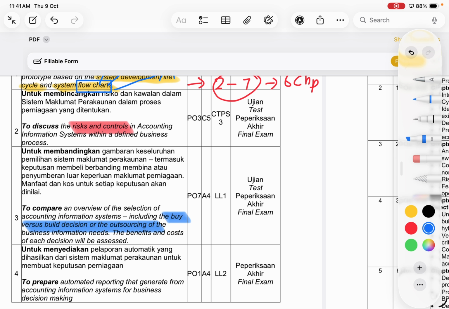After you analyze your current situation, problems or no problem, you look at the process flow, everything, then you come to a point where you should decide whether to develop your own system or buy a system. That's the thing. Over here, you have to think a bit. This question will require you to measure what is the benefit of